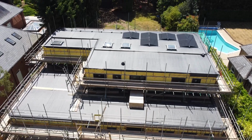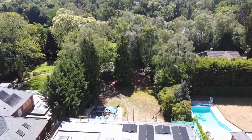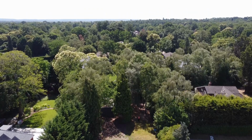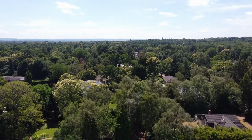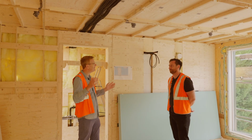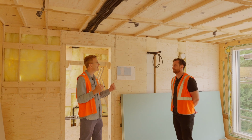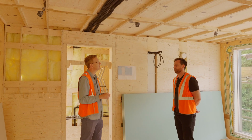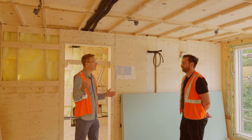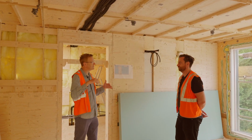So in this property, we're really close to Heathrow, and Heathrow is a heat island. It's all this tarmac and surfaces for the airplanes, and what it does is it radiates heat out for quite a big area around it, and we're within that heat map. So one of the things we've had to do in this property is, because we want nice big glazed windows, fit air conditioning. So the air conditioning is only in the rooms upstairs, so the bedrooms, and here you